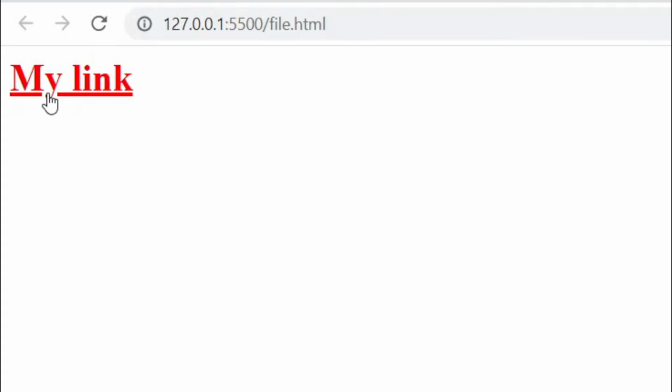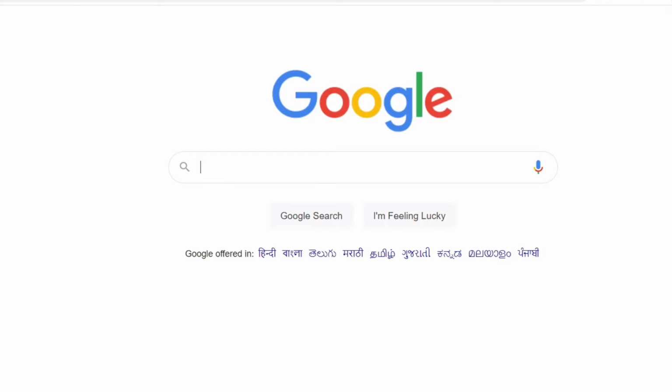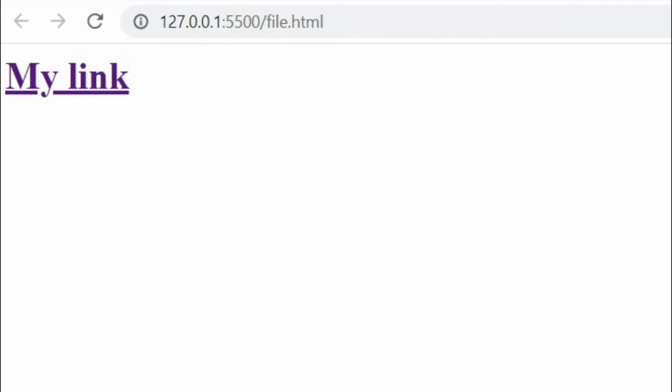Let us now click on the hyperlink and hold the click. We see that the link has now turned red. Let us release the mouse button. We see that we are immediately redirected to google.com. Thus, our hyperlink works. Let us now go back one page and we notice something strange. The hyperlink text color has now changed from blue to purple, indicating that the page has at least been visited once by the user.